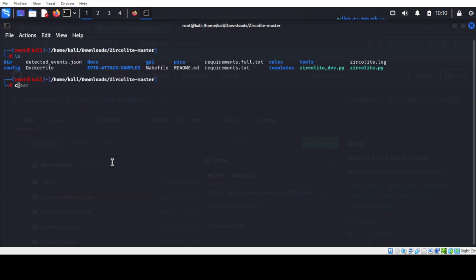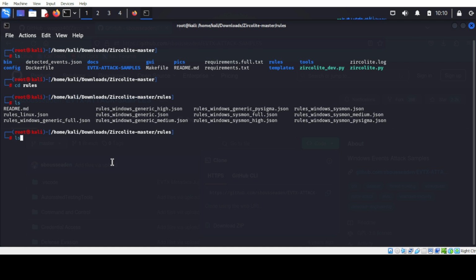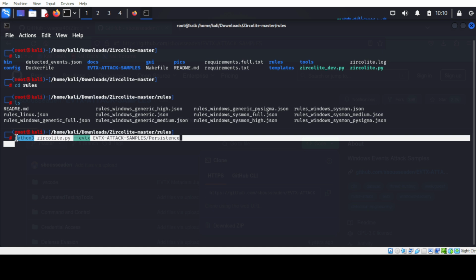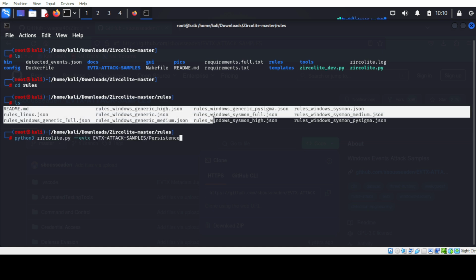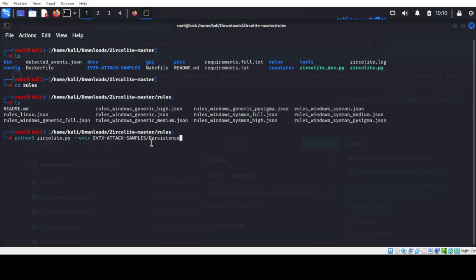Now if I move to the rules directory, the previous command which I actually ran, when I run this command, all these rules check the events present in this directory one by one.